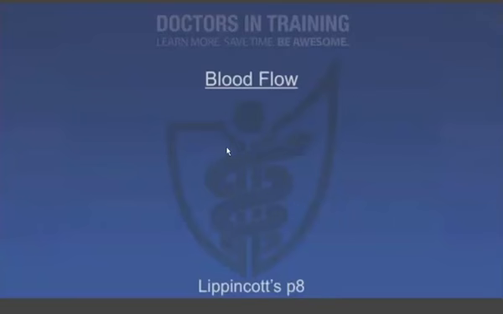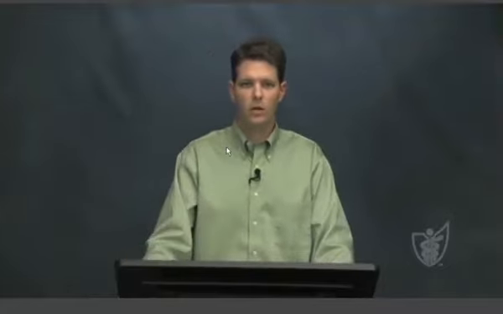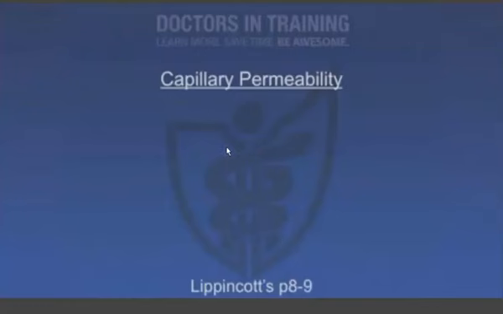So if a drug is very hydrophobic, it's not going to dissolve well in those aqueous solutions. So let's talk about each of these four components individually. Talking about blood flow, it is not equal to all parts of the body. In certain circumstances, your body is going to shunt blood to the brain or to the muscles or to the intestinal tract. So how much blood flow is going to the target organ is going to influence distribution of the